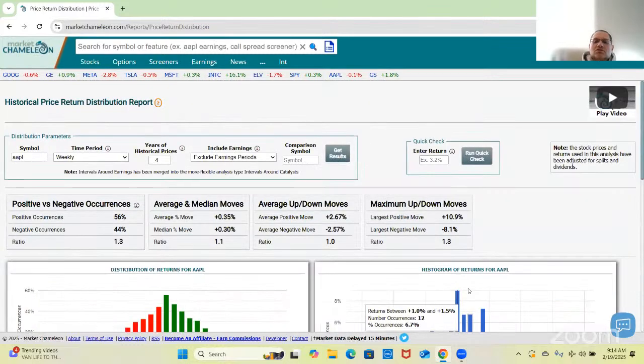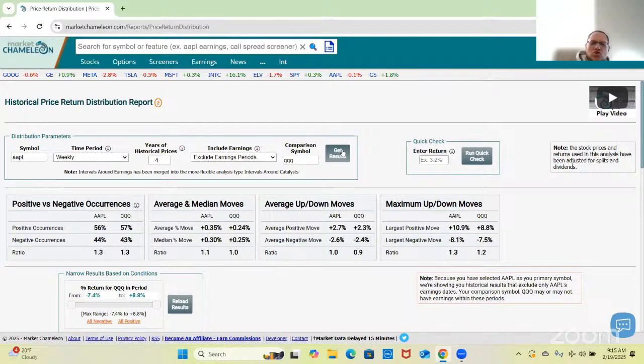So I'm going to come up here, and that was a quick review, but let's say we wanted to compare that to the QQQ, right? Let's say, okay, in the same period, we want to compare it to another stock. So I could enter it here, and let's say we do QQQ, NASDAQ 100, get results. And now we see on a relative basis how they did, and especially keep in mind, you could do options cross assets, right? We could do one volatility versus another volatility, one call versus a different call. We could do one straddle versus a different straddle. We could do whatever,